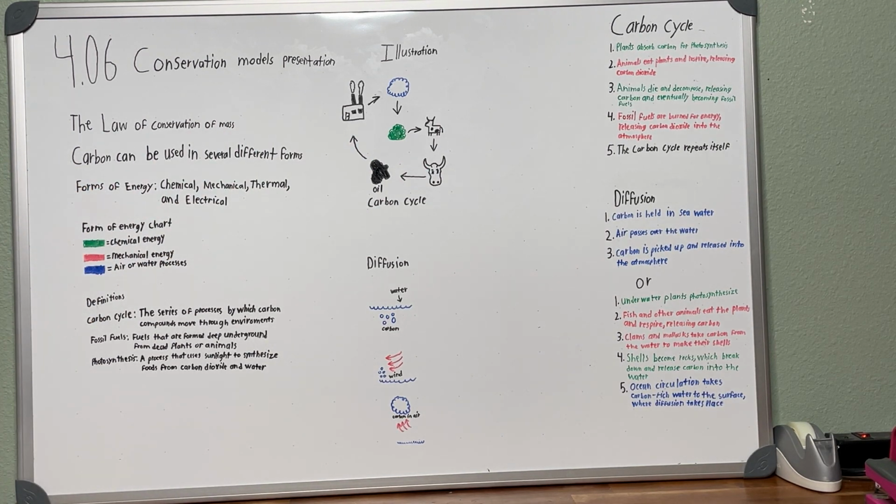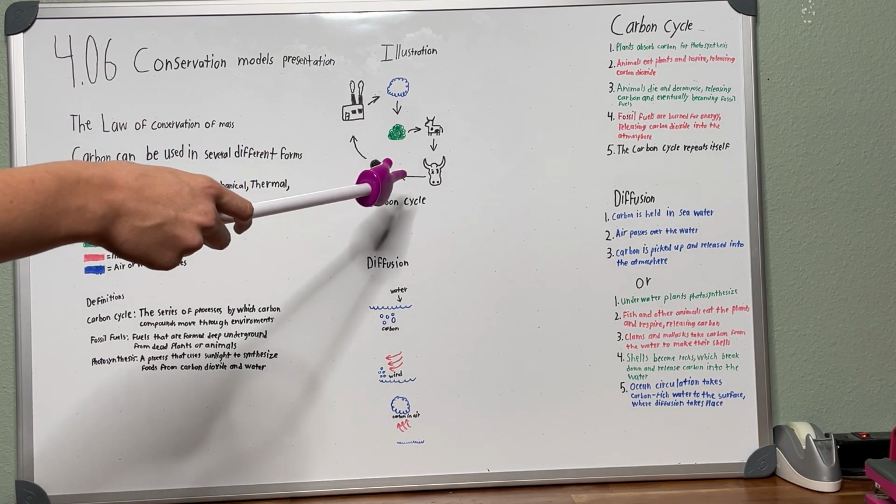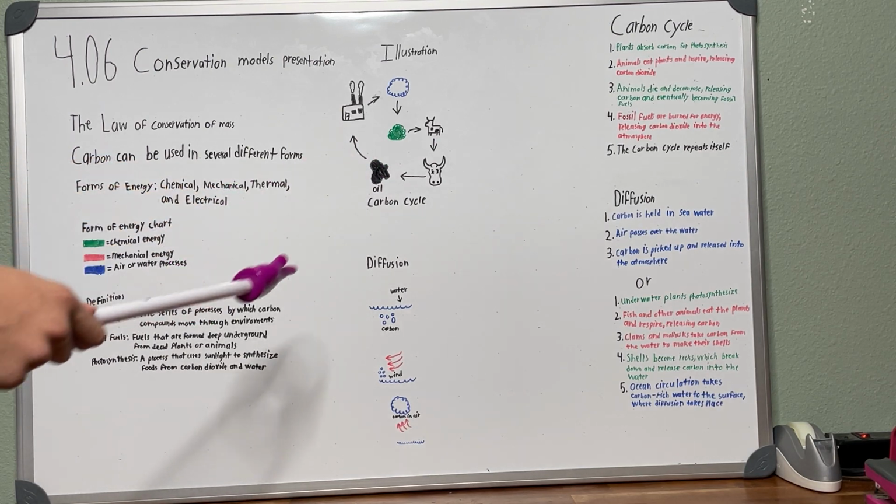Here I have a list of several different important points for the carbon cycle, such as the law of conservation of mass, which states that in a closed system, mass can neither be created or destroyed. This is especially true for the carbon cycle, as the mass of the dead animal and the mass of the